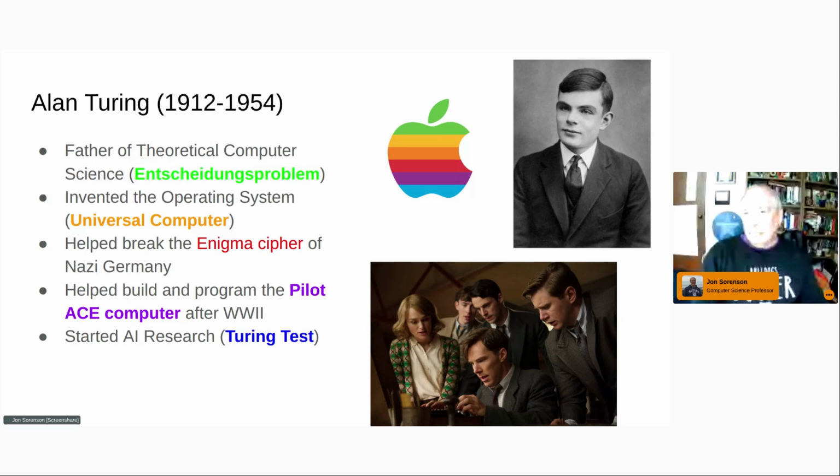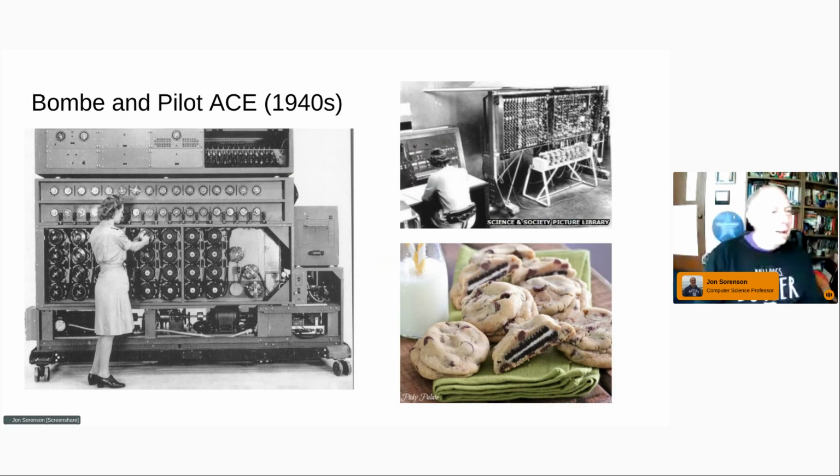All right, I think I've got a picture. Yeah, so I've got a picture here of the machine. It's called the Bomb on the left. All those little rotor things you see there are duplicates of the rotors used in the Enigma machine, used to try different key combinations. And by the end of the war, they had built hundreds of these machines to break codes.